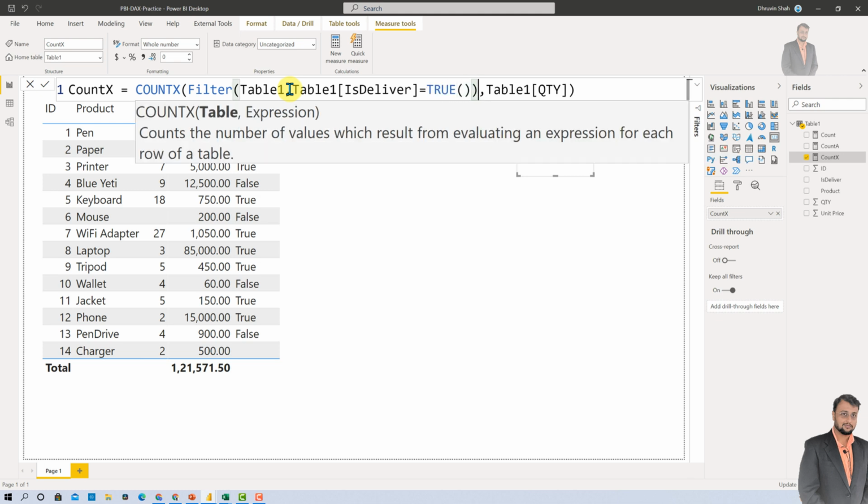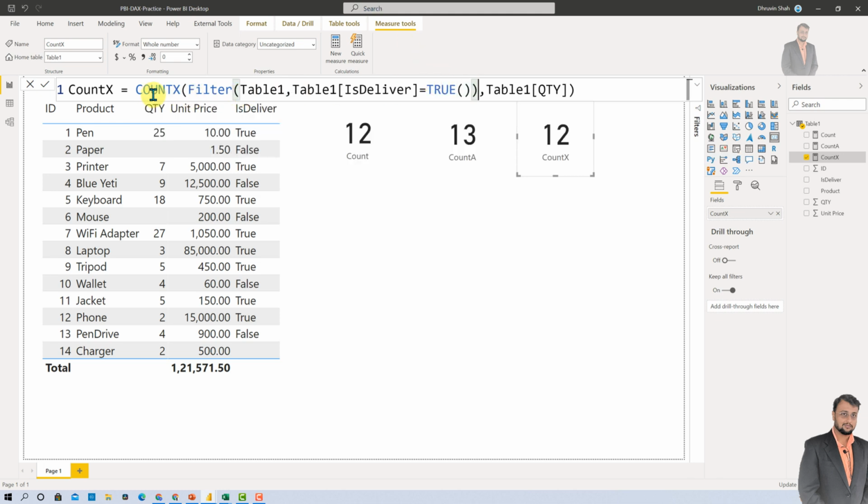So this is an additional step you can do. Like with count, you can provide some filter expression on your data, and now let's hit enter. What it will do is first check how many values in this table have a true value, and from those true values, how many rows have a non-blank value. So over here 8 values are non-blank. For true, we actually have 8 different values which are non-blank. So it is showing me that. This is cool, right?